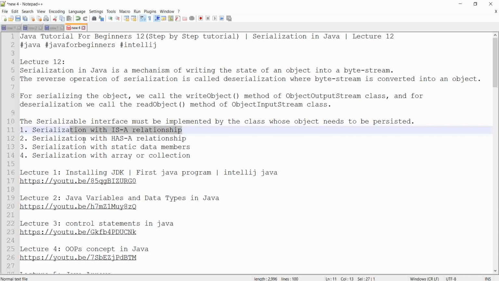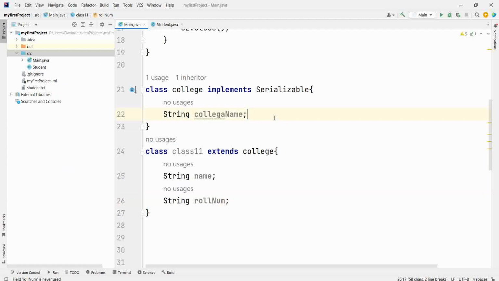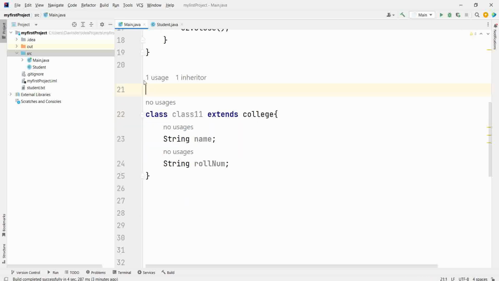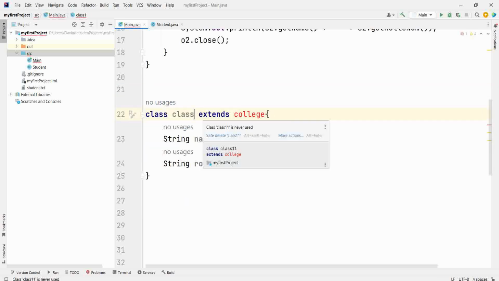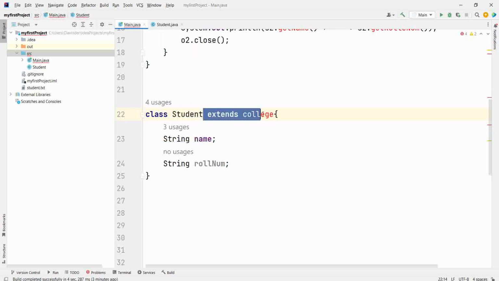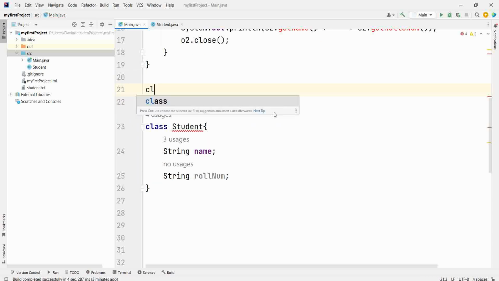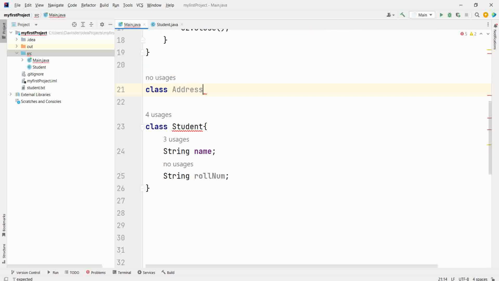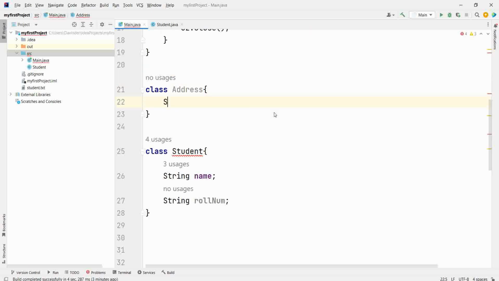Next, you have serialization with HAS-A relationship. It means aggregation. Aggregation is like when you have a class named Student, it has one property of Address. Student can have an address, right? Now address can have street number or city, anything.